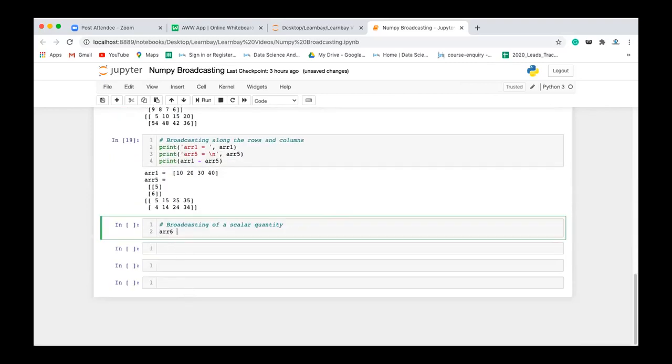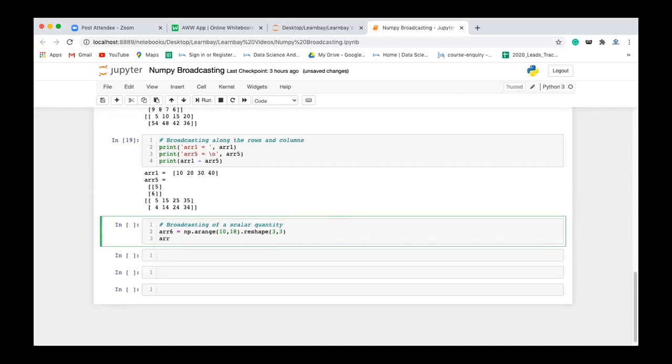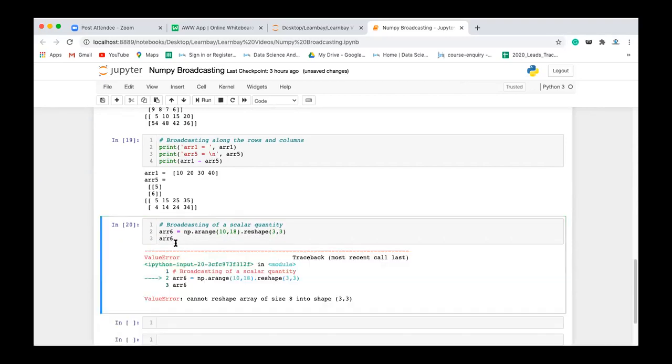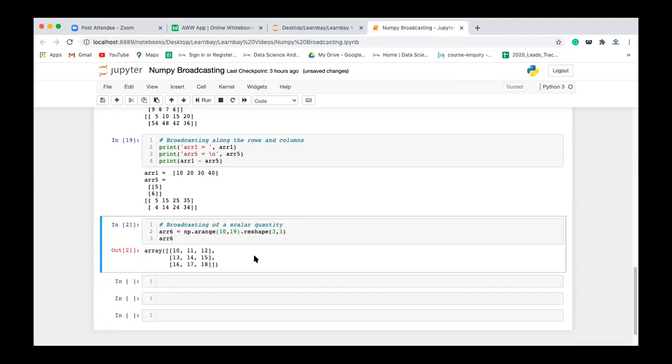Array 6 is equal to np dot arange, let's say I'm creating an array of 10 to 18, dot reshape 3, 3. Now print array 6. Execute this. 10 is included and 18 is not included, so 19. Okay, so you have 3 cross 3 elements.